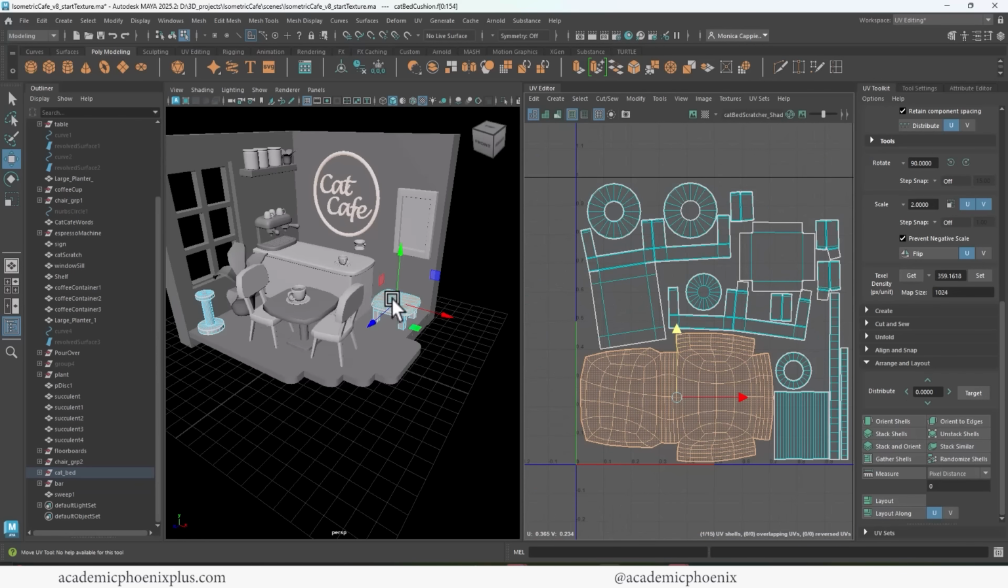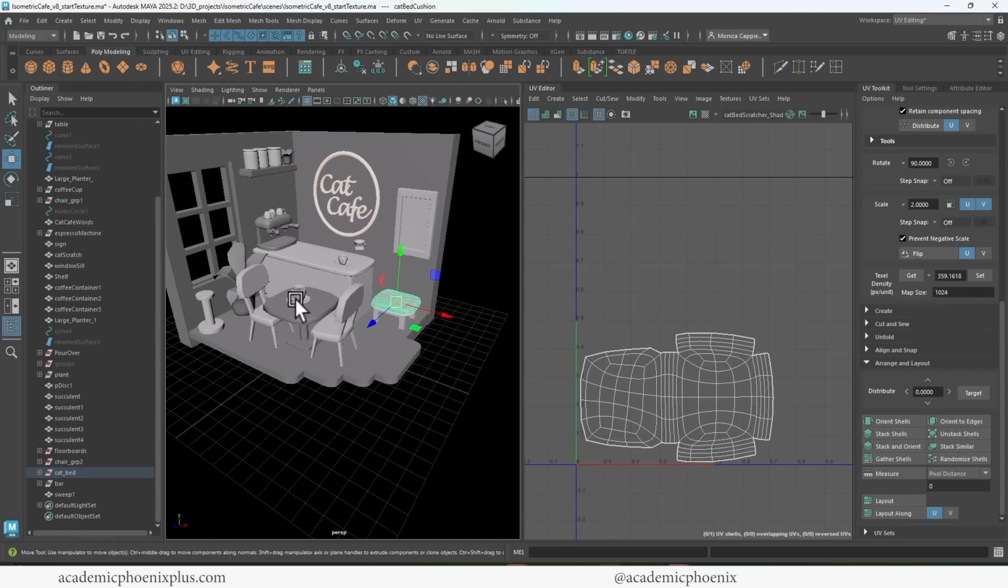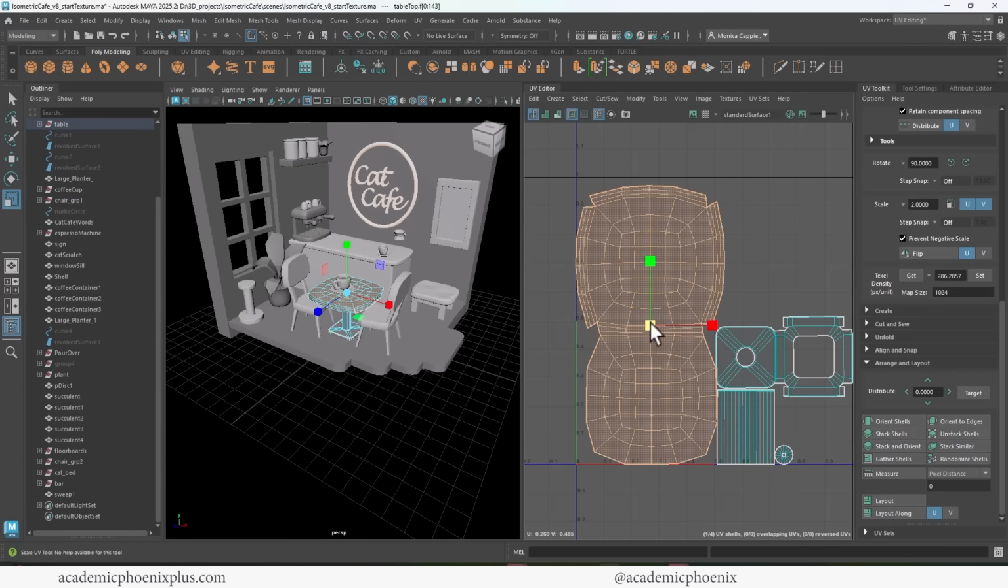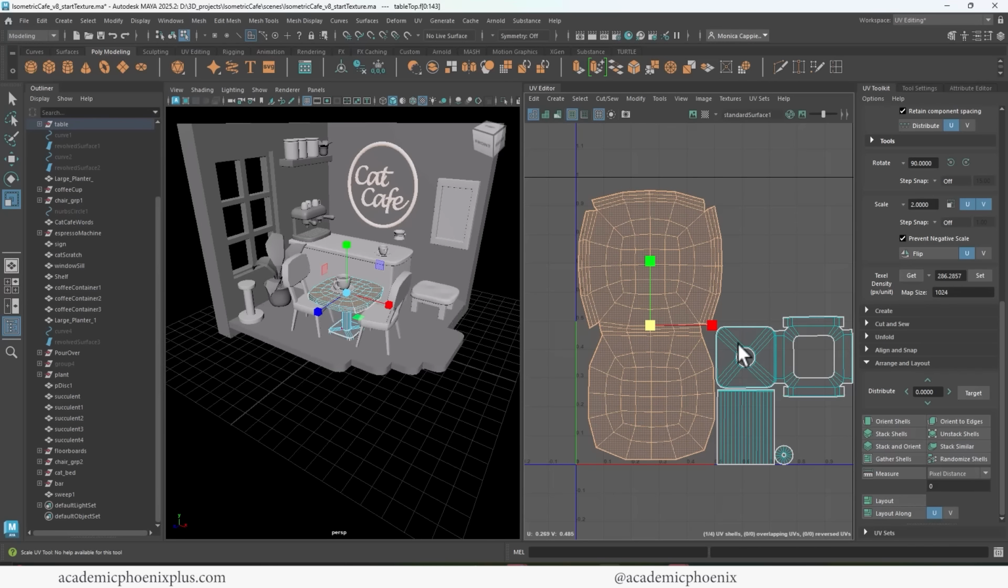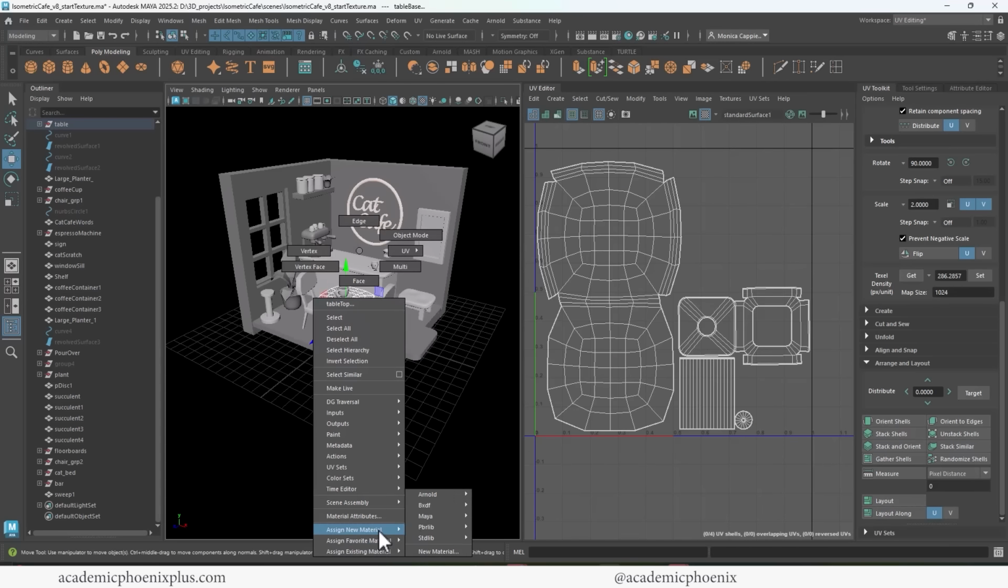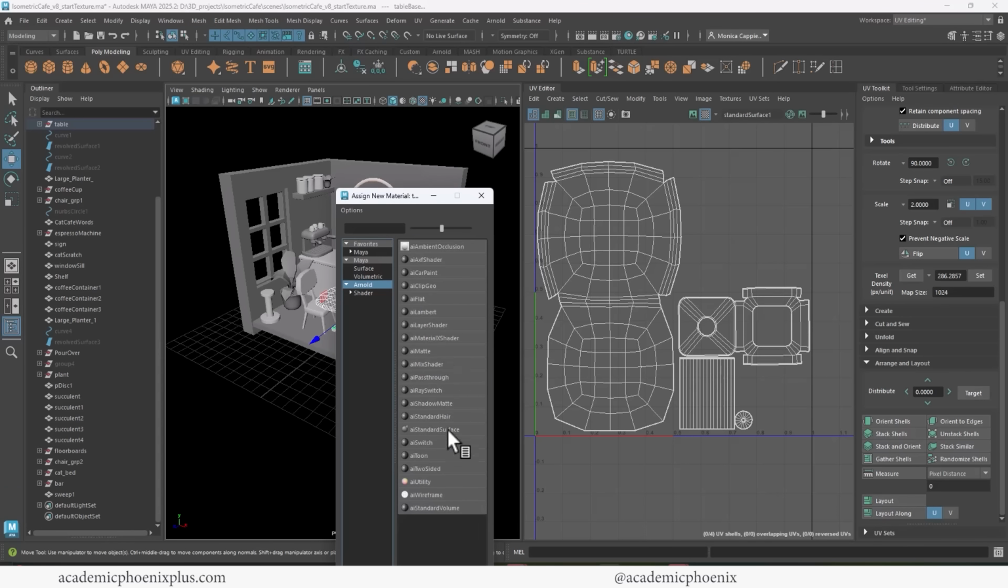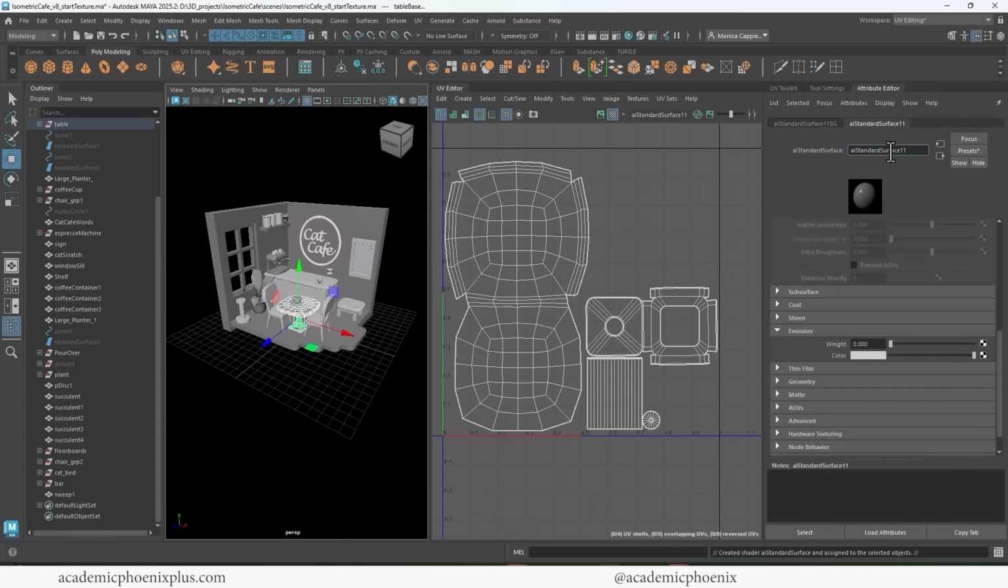Something like that, right? So now they're sharing the same shader. There's no overlapping UVs, so that should work. Let's go ahead and do the table next. So I'm going to go ahead and just make this a little smaller. And I'm going to assign a new material, Arnold, AI standard surface. This is going to be the table